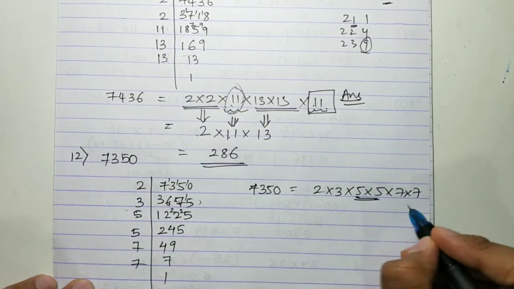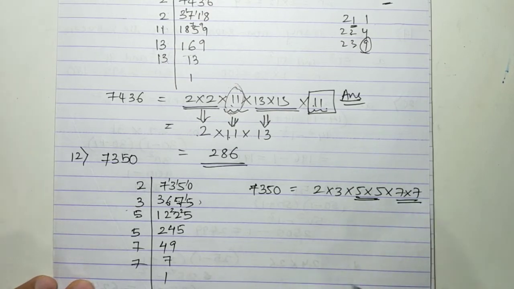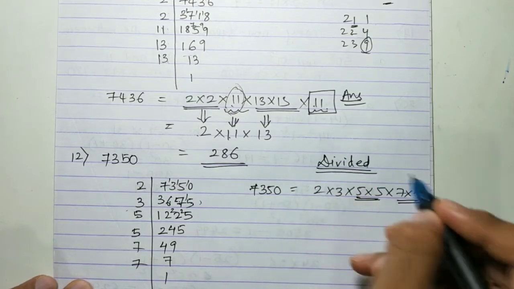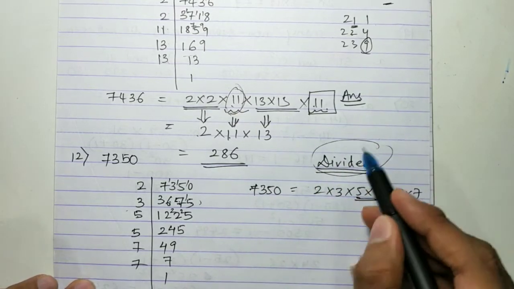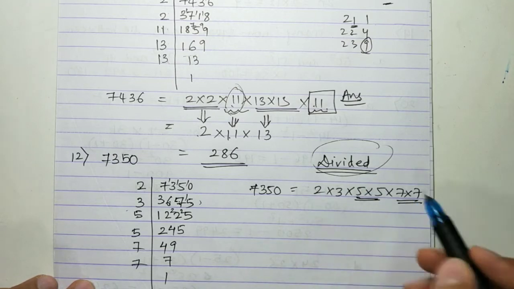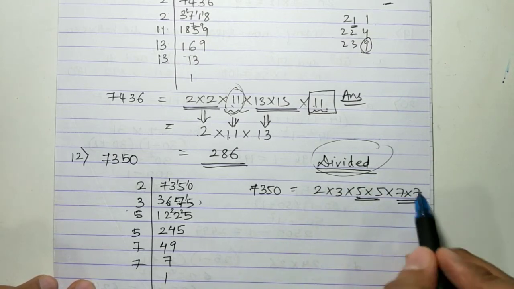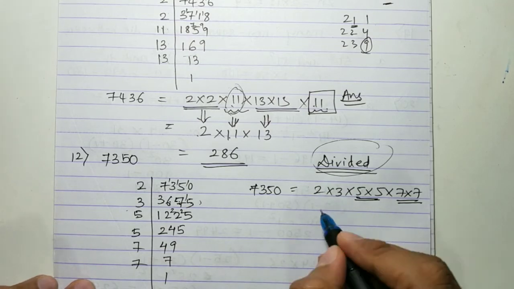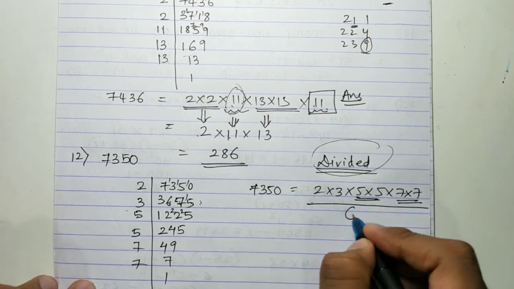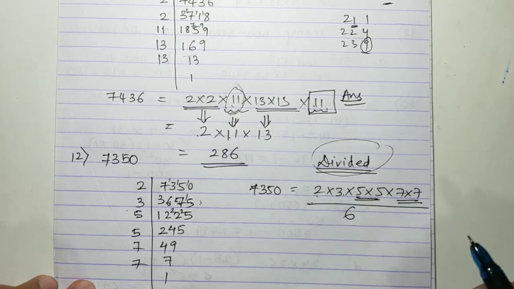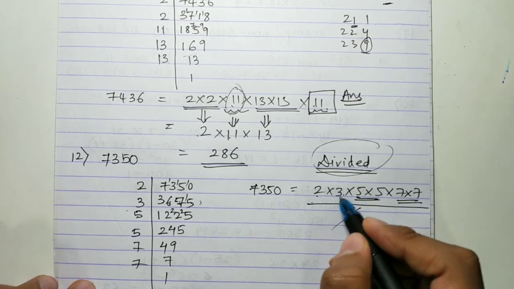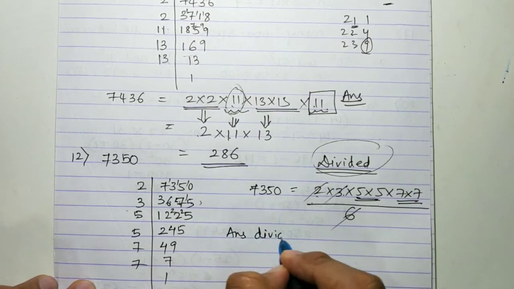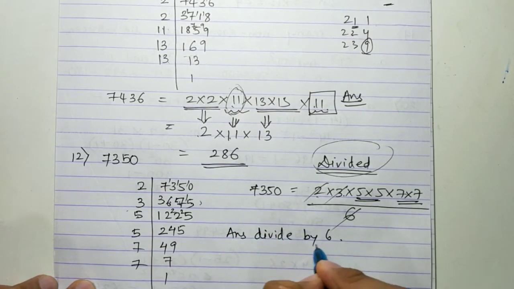Okay, so this 5 and 5 is making a pair, 7 and 7 is making a pair. In this question they are asking you to find the least number that must be divided. Okay, so what number should I divide by so that this becomes a perfect square? Why is it not a perfect square here? Because this 2 and 3 don't have a pair. That means I'll divide this number by 6, meaning 2 3s are 6, okay? So this 6 will get cancelled with this. Okay, my first answer is divide the number by 6.